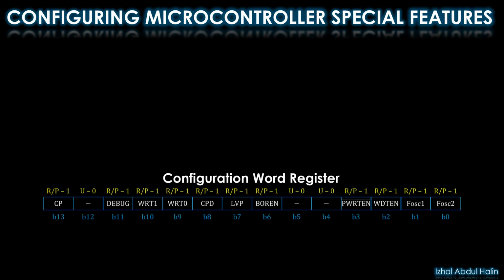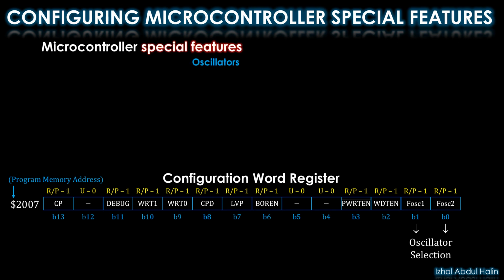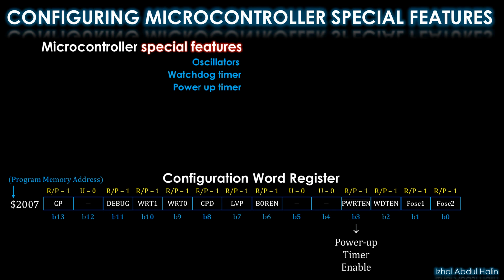Let's see what goes into selecting the on-chip special features. This is done using the configuration word register located at address 2007 in the program memory block. The special features are oscillator selection to select between the use of an on-chip or off-chip master clock, a watchdog timer feature to detect and recover from computer malfunctions, power-up timer feature for regulating timing during power-up, brownout reset feature